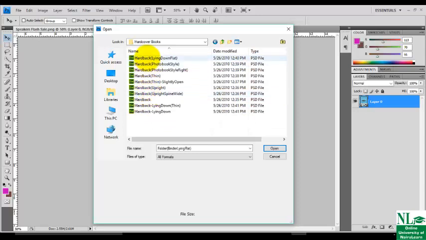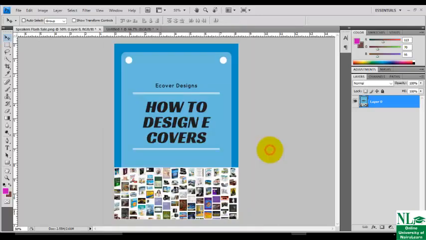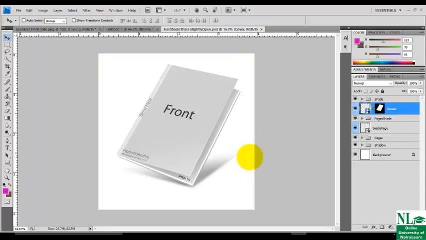Let's go to hardcover and pick any of the hardcover. It's up to me. On your own, just play with it. Let me bring in this. It's coming. This is it. The same way we treated others, that's the same way we are going to treat this. Good for us, lucky for us. The layer content we need is not in a group, so there's no need to ungroup it. It's on its own.